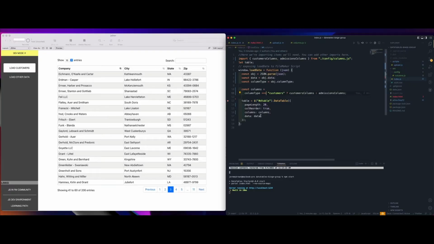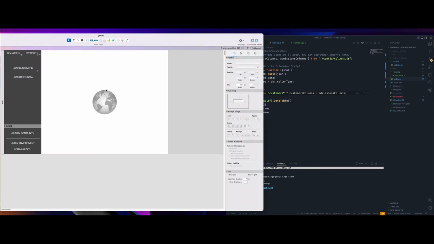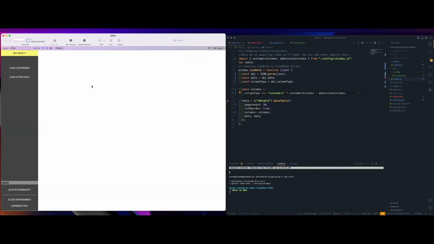Now, as a brief aside, I want to show you something that the students in the training class have done or will do with this integration. After we built the initial data tables with some fake data, we were able to hook this up to a FileMaker file with real data, and not just one set of data, but two. So this one web viewer on this one layout with no hidden panels or tab controls or slide controls, we can load customers' data and we can load other data into it. That's pretty cool that we learned how to use one widget, one code base to load two different data sets. And again, be part of the training course and you can see how that's done.